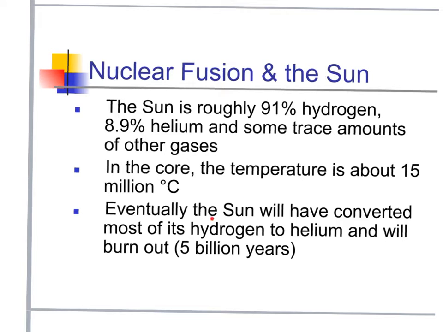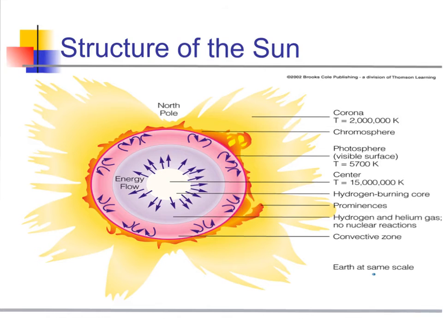Eventually, the sun will convert most of its hydrogen to helium and will burn out. I think estimates say around 5 billion years. So certainly not something that we have to be worried about. Now, if we take a look